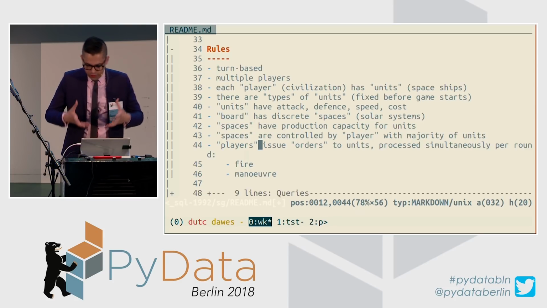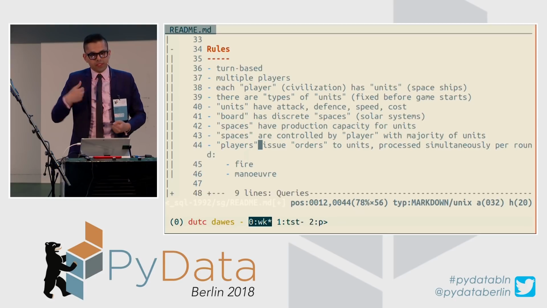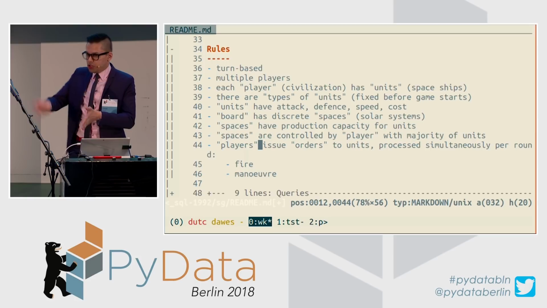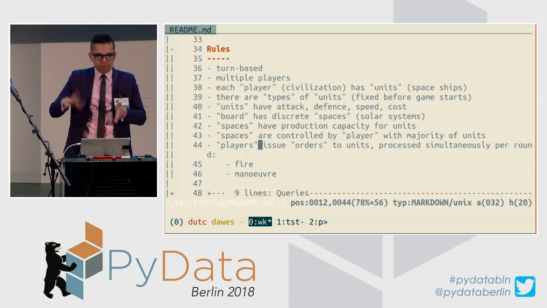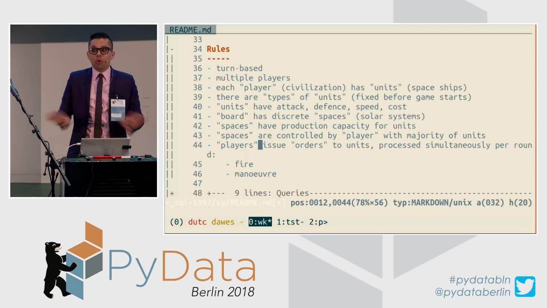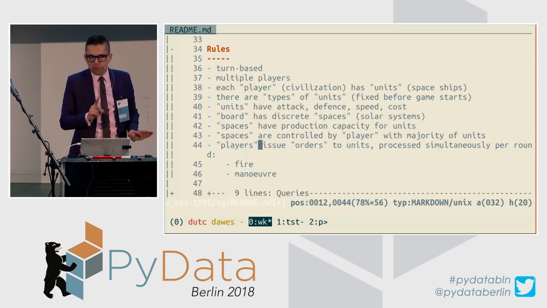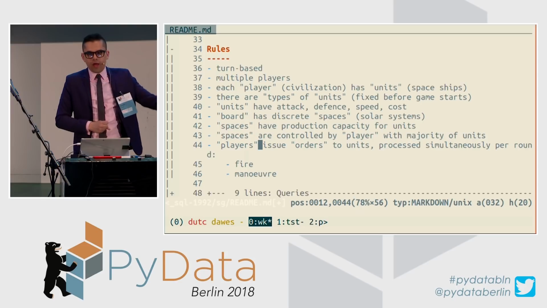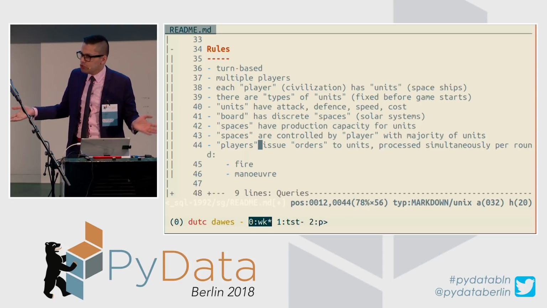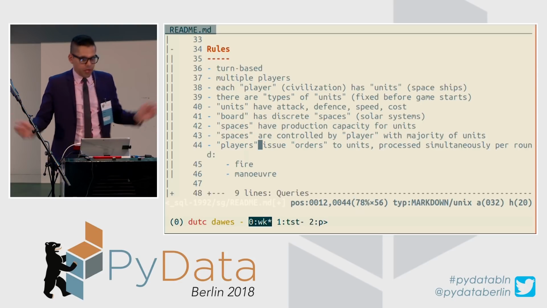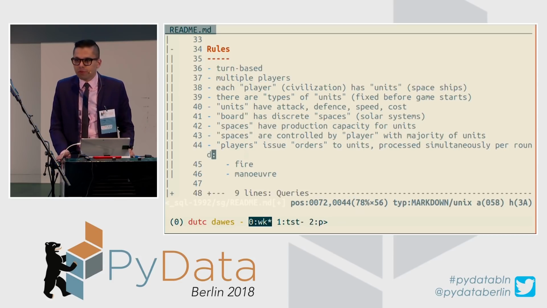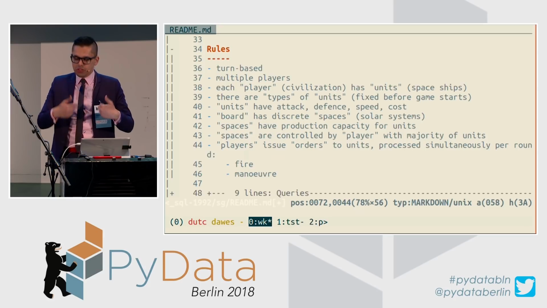We'll also assume that the way that the players interact with the game is that they'll issue orders. Our system will take in those orders. There'll be some game engine that just goes through those orders and pops them off and processes them. We won't write the game engine, and I'll tell you why in a moment. But we'll assume that they can just tell a ship individually, fire on this ship or maneuver. Those are the two typical things you can do, move and fire. And that's it.